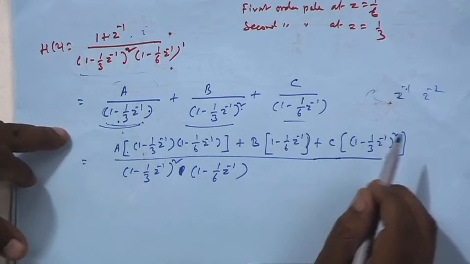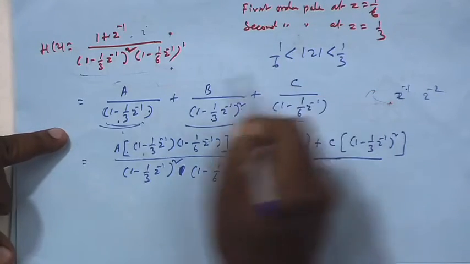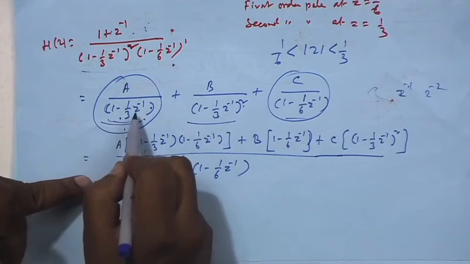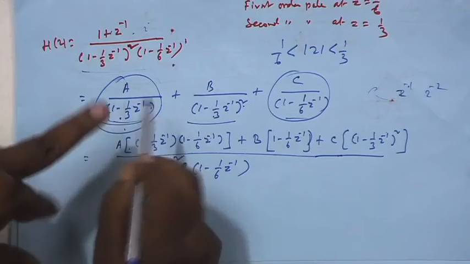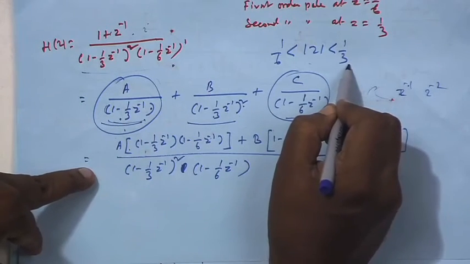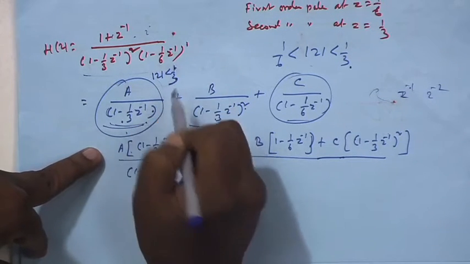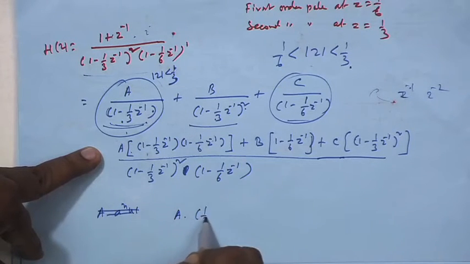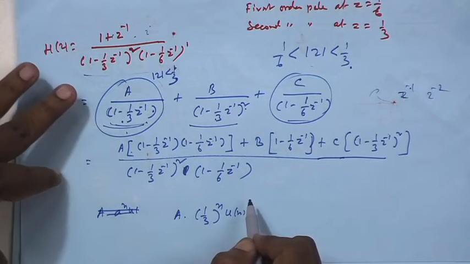Then the question is, I have got the same ROC as before. So, as far as this term is concerned and this term is concerned, I know what they will be. Here the pole is at z equal to 1 by 3. So, either mod z greater than 1 by 3 or less than 1 by 3. I am giving less than 1 by 3. So, I will take the ROC to be mod z less than 1 by 3 here. So, this will give rise to capital A to the power n, where A is 1 by 3, a right sided sequence. Sorry.